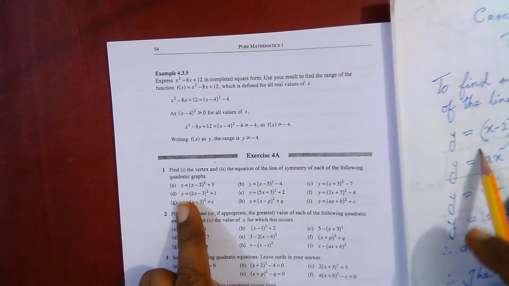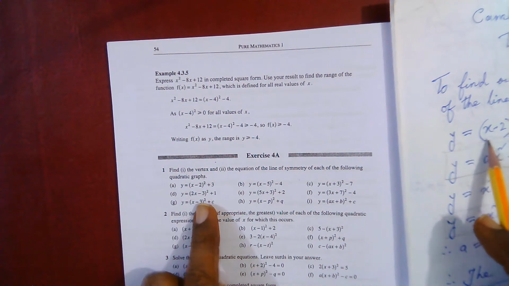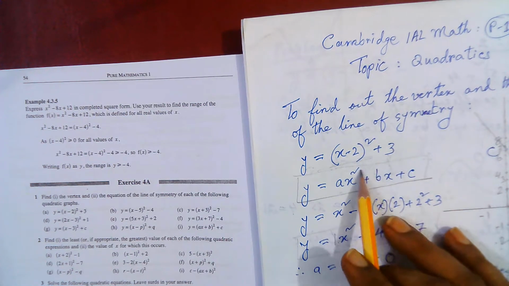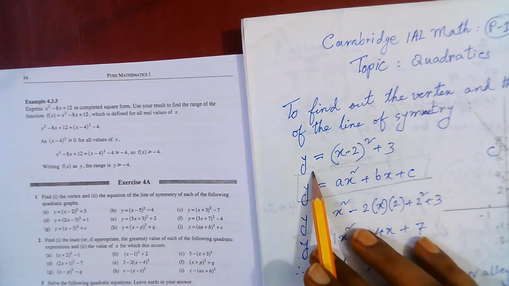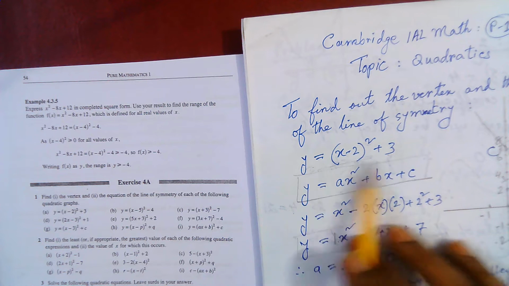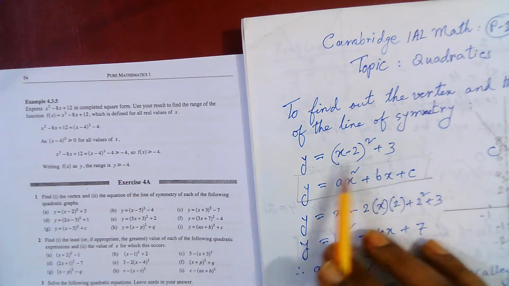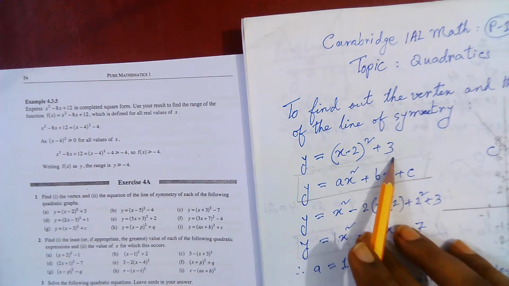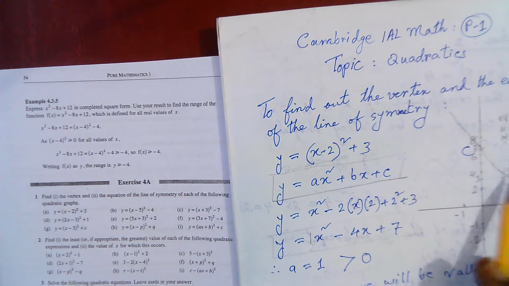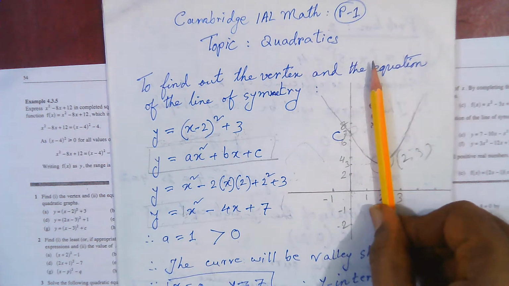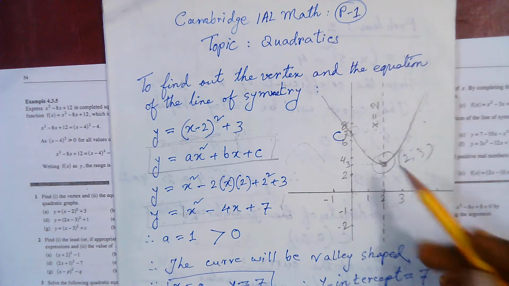Number a, given this one, y equals (x minus 2) whole squared plus 3, we have to find out the vertex of this quadratic equation, that is the curve. We have to draw the curve of the quadratic equation, then point out the vertex and the line of symmetry. Line of symmetry is this one, the vertex is this one. So